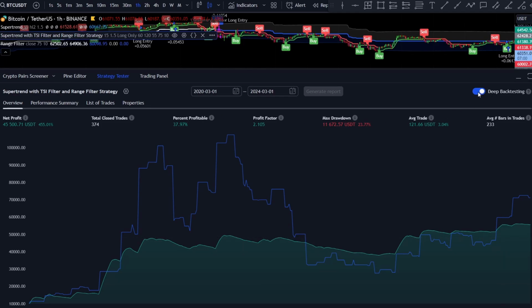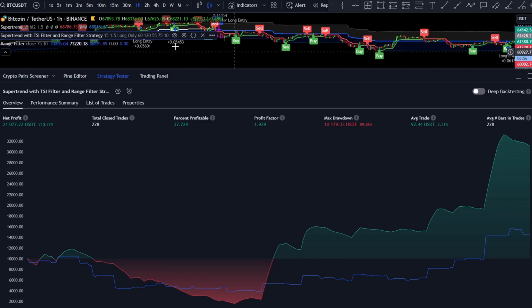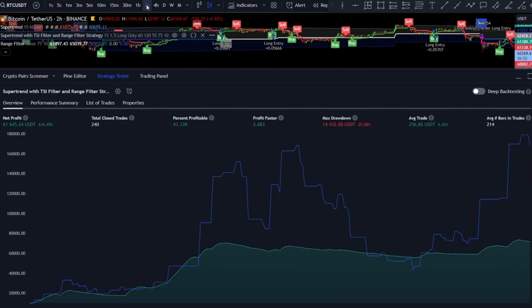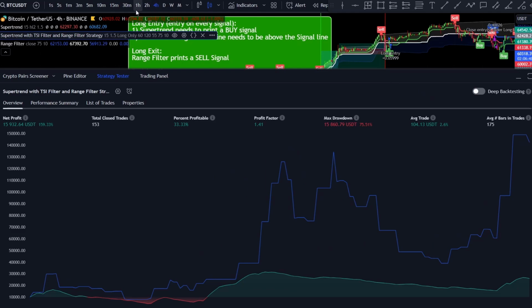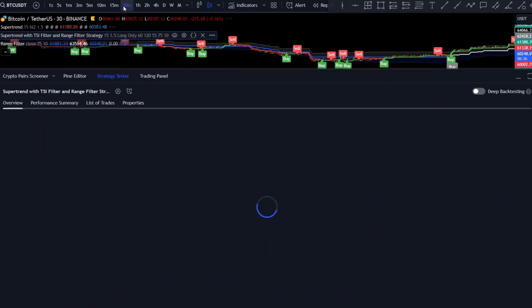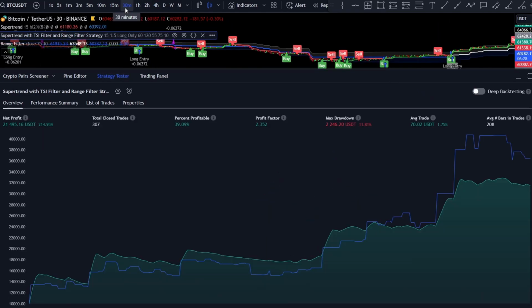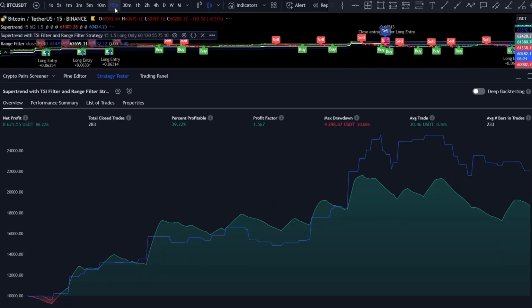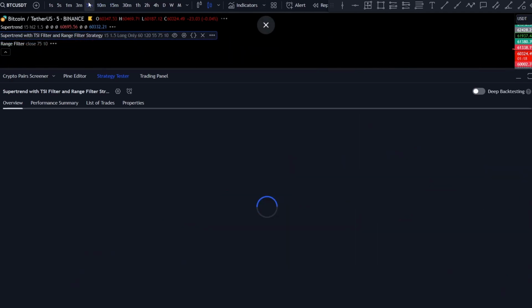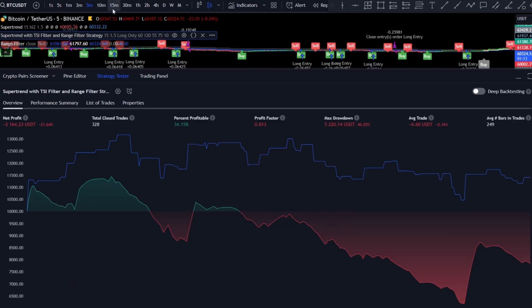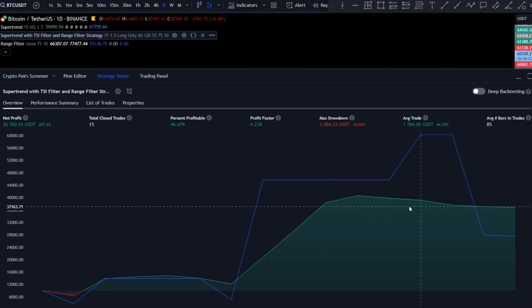Also, let's see how this strategy performs on higher and lower timeframes and on a few other assets. On the 2-hour chart, it looks great. On the 4-hour, it's still good, but the 2-hour was better. On the 30-minute, it performed really well recently. On the 15-minute, it's still good. 10-minute is not so good. And 5-minute is even worse. So ranging from the 15-minute till the 4-hour, or even up until the daily chart, this strategy performs good based